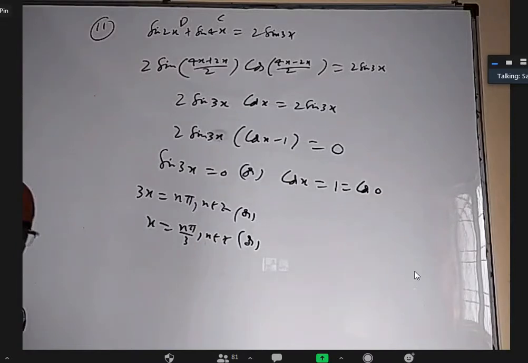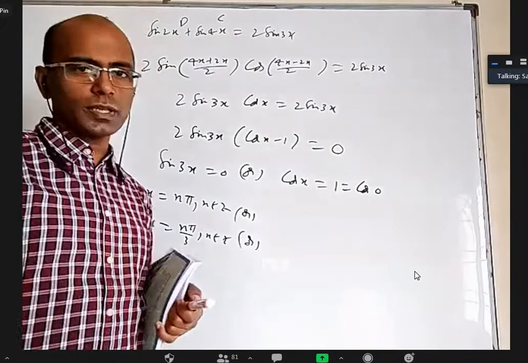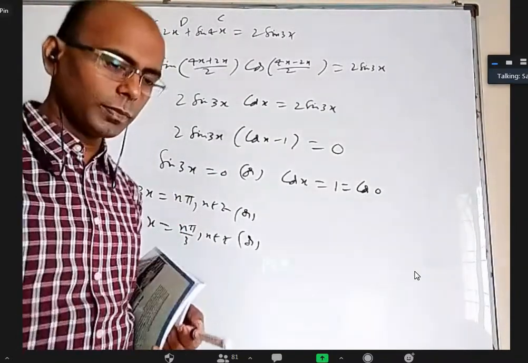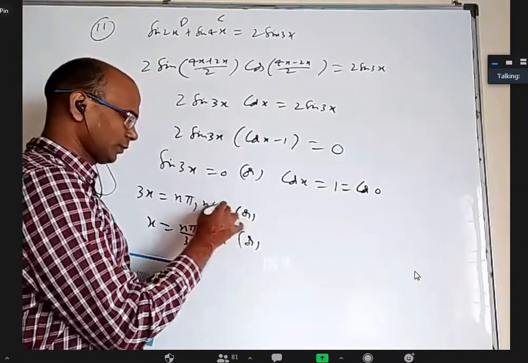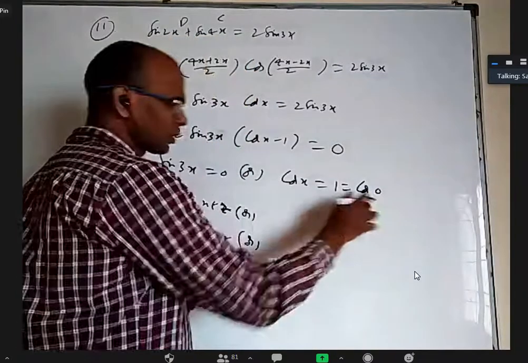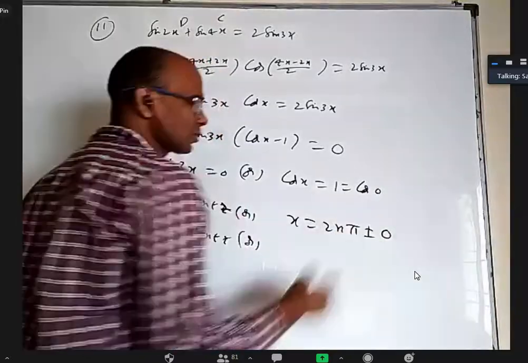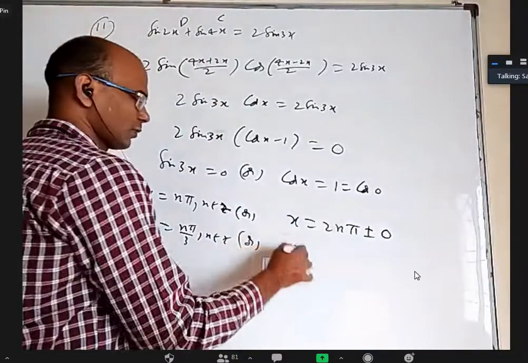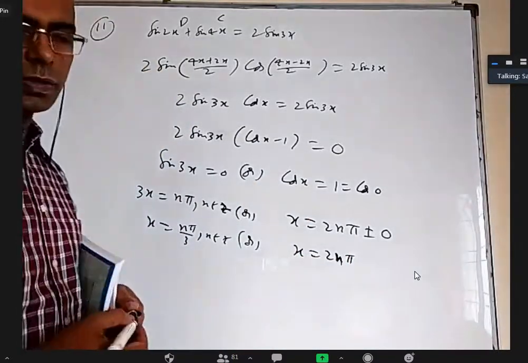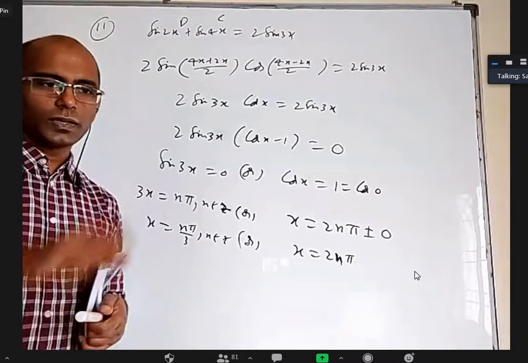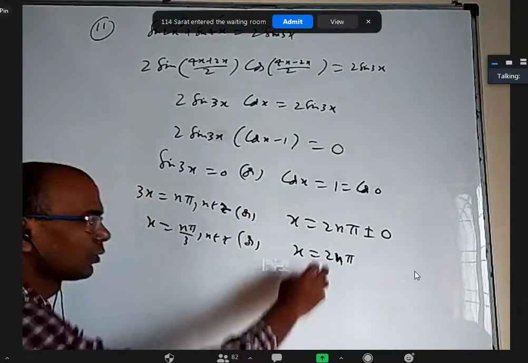Okay, so everybody should remember the formulas. When you are practicing enough questions, I'm sure you'll be using the same formula many times and you will remember it better. I'm asking so that you know the test at least you are supposed to remember it. So cos x equal to cos alpha, x is equal to 2n pi plus or minus alpha, and alpha is 0 here. So basically there is no plus or minus. And separately we wrote this also, maybe this is our fourth or fifth formula: cos x equal to 1 will cover all the multiples of 2 pi. So we wrote 2n pi.